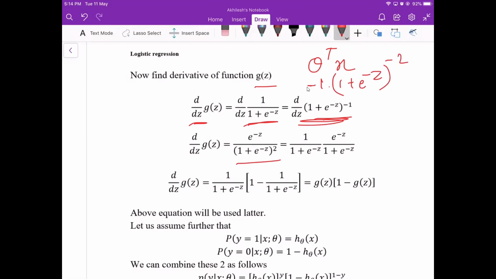and then the differentiation inside the bracket is e to the power minus z. When you differentiate it, e to the power minus z times the differentiation of minus z, which becomes minus 1, and that is altogether written over here. Okay, so let's simplify it further. When it is power 2, then you can write in this fashion.